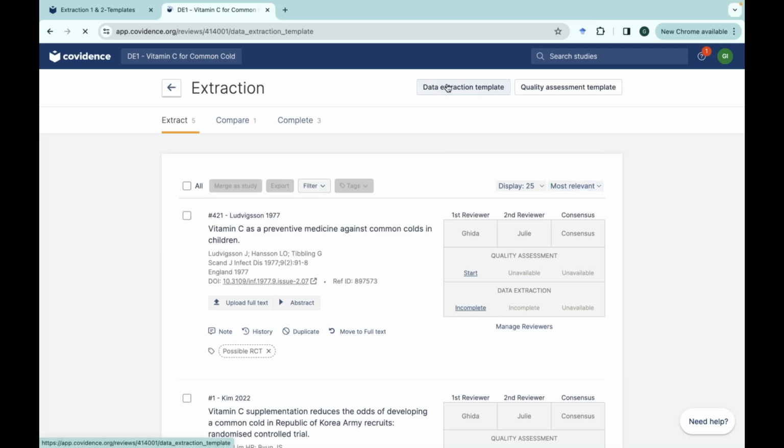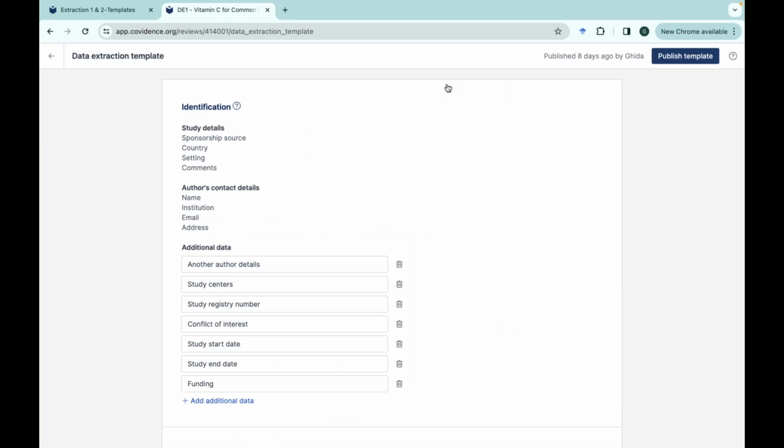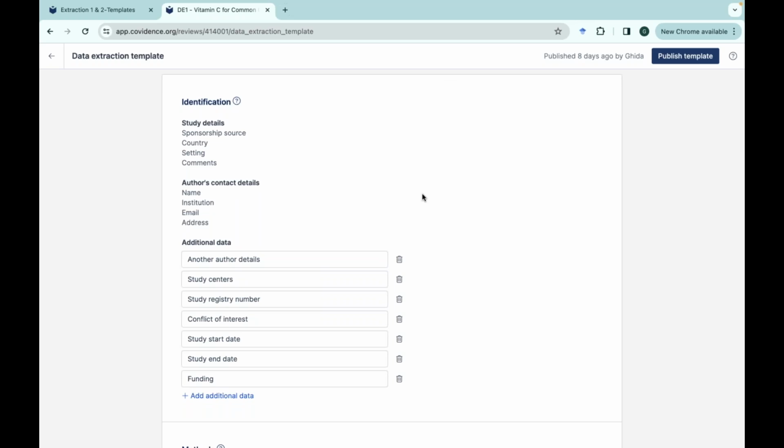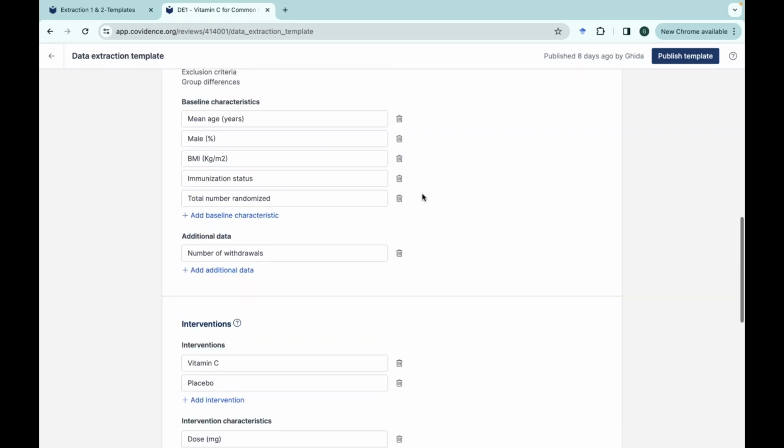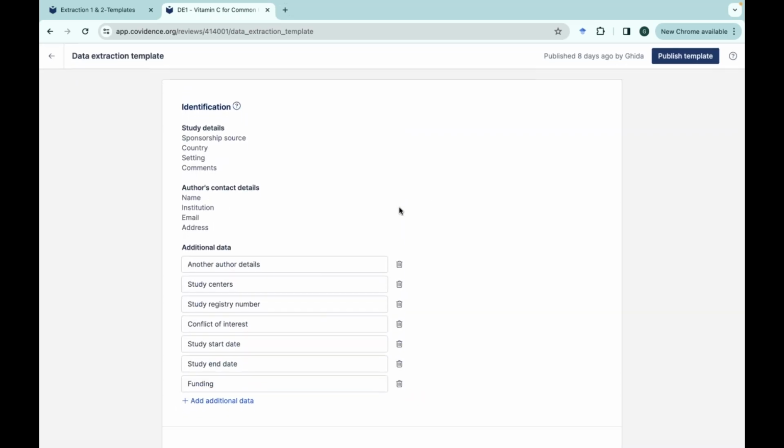So I click on that. It's already published, but we're going to go through it today briefly. Once you go into the actual data extraction template in extraction 1, you'll notice that it has 5 sections. The first one is the identification section, which is designed to capture the general information about